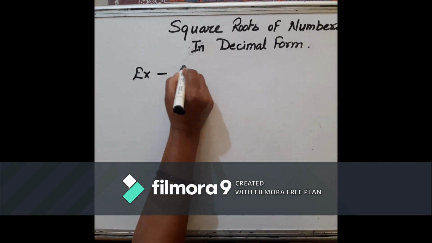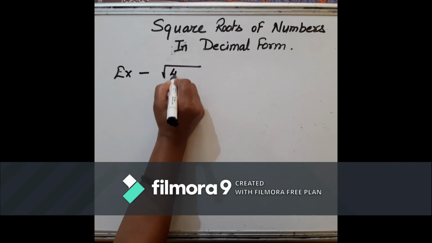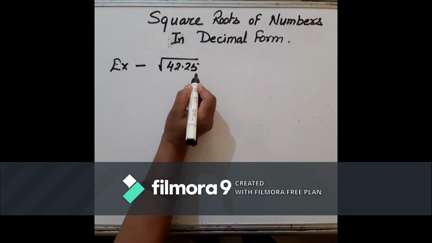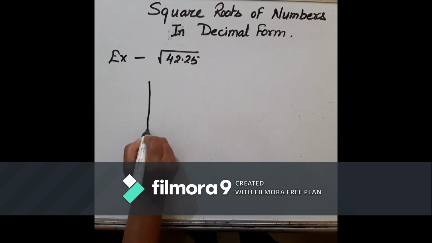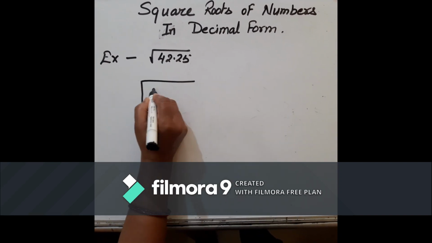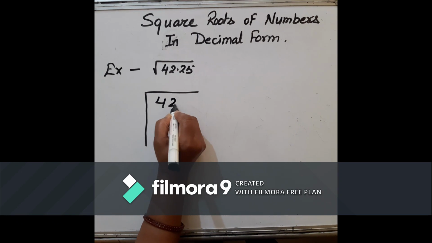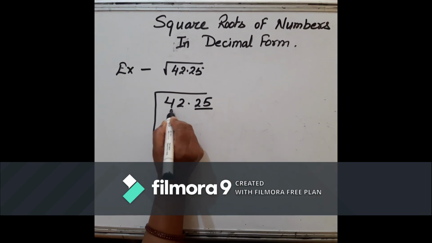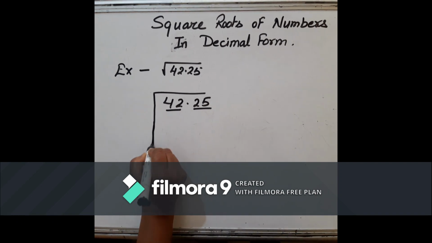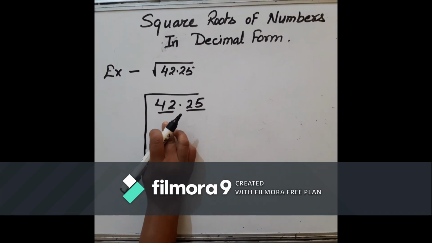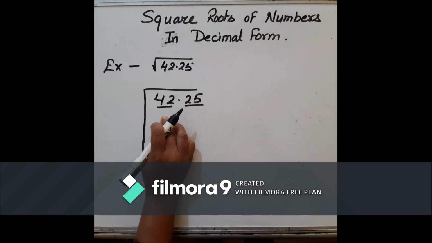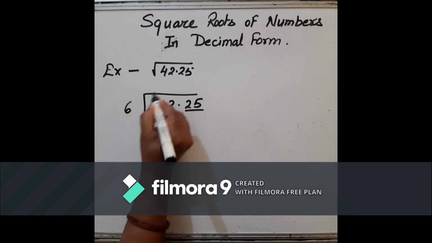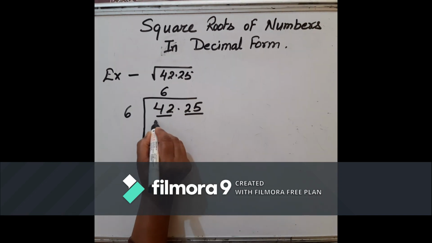Find the square root of 42.25. This number is a decimal number, so which method do we apply? The long division method. In the same way, first we make the pairs. 6 6s are 36 and 7 7s are 49, so here we take 6 6s are 36,